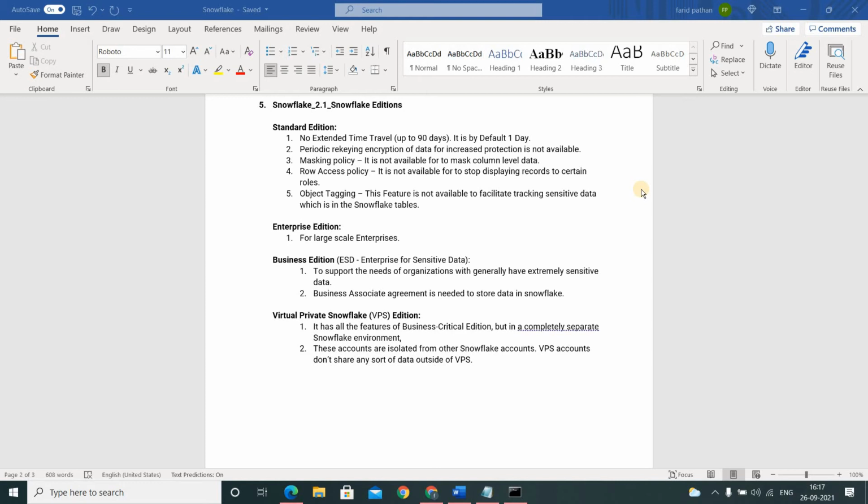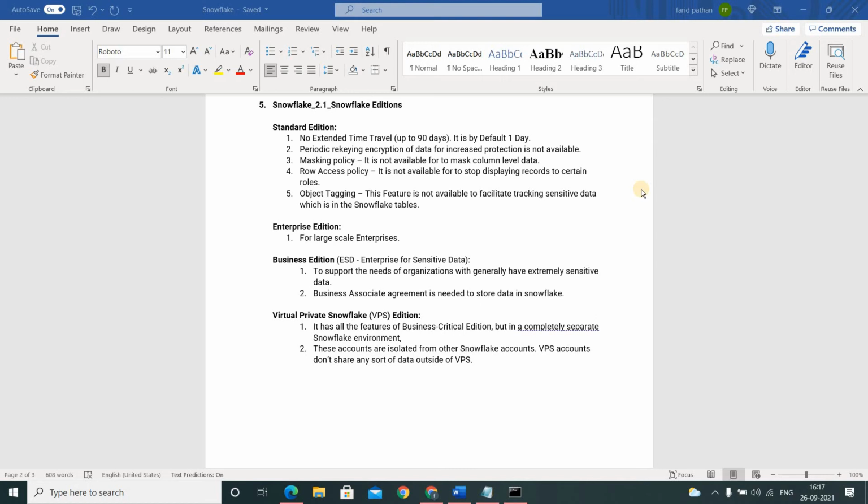And row access policy: if I apply this feature on a table, people with certain roles cannot get certain rows in their query result. Some records will be stopped.